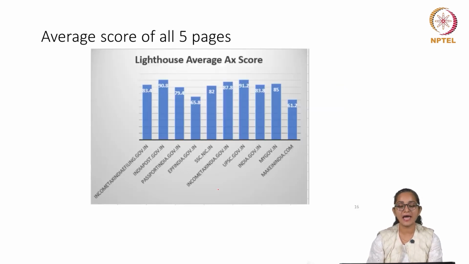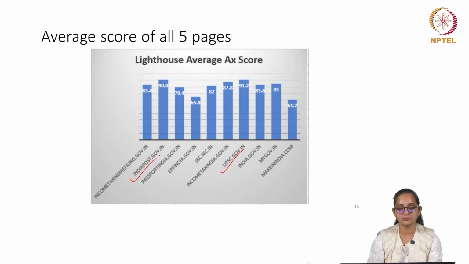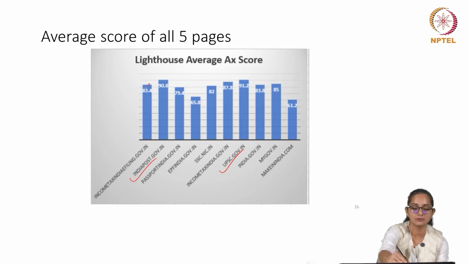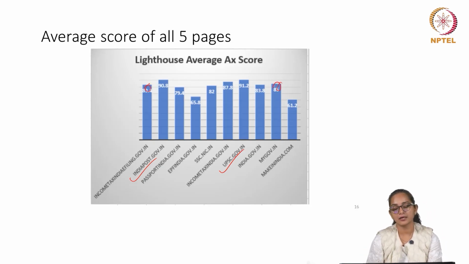So, this is an average Lighthouse accessibility score for all of these pages. This is like an average of the 5 pages. This is just a data evaluation. So, UPSA seems to be doing okay. India Post seems to be doing okay. Some of them more, I mean, Income Tax, MyGov. So, these can be reasonable,